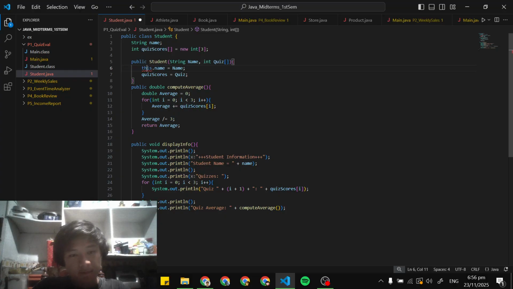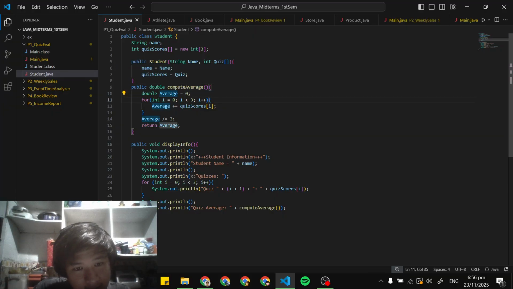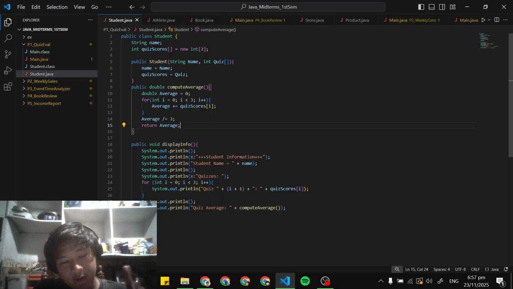So that's why I made it a bit different, or rather just capitalized it, so it can still be technically the same thing. After it has received the data, it can now do the computation right here. It will loop 0, 1, 2, three times, starting from 0 all the way up to 2. While it's looping, the different parts of the array are accessed using the I, for each iteration, the quiz scores,